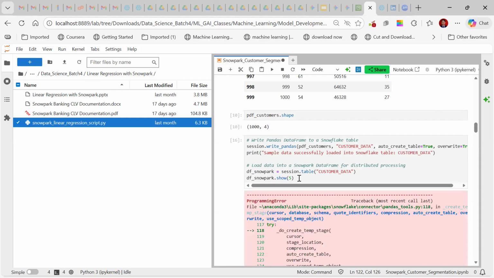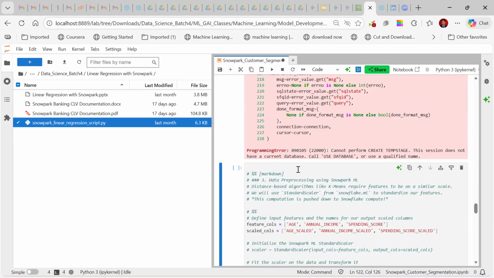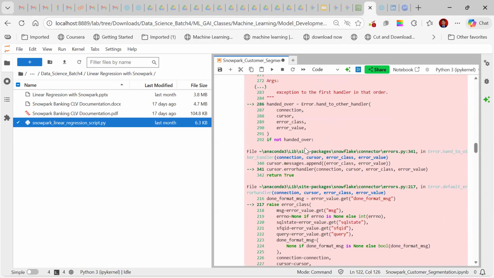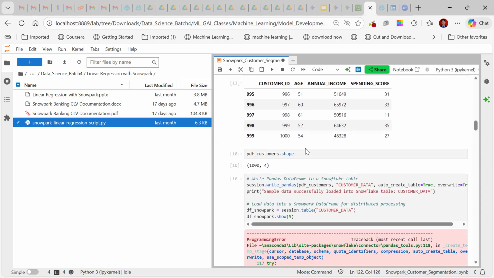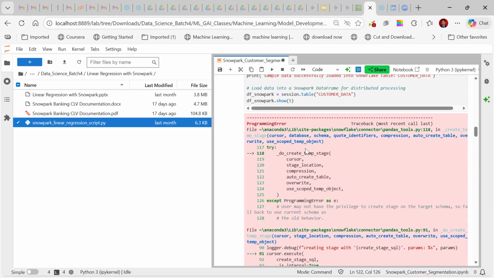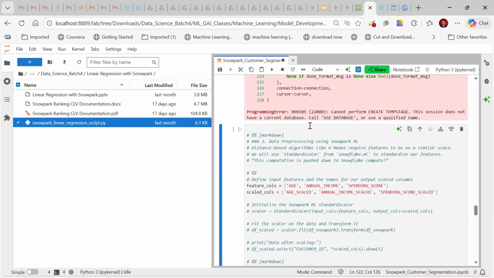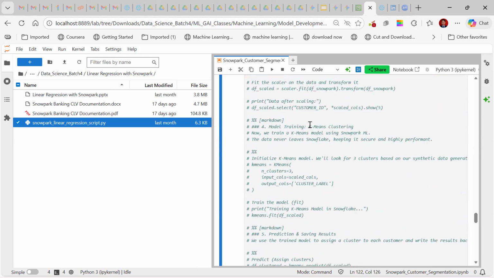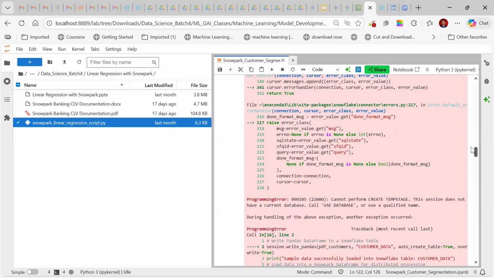So once it is created... Okay, this one is an error. What is the error? Use database.